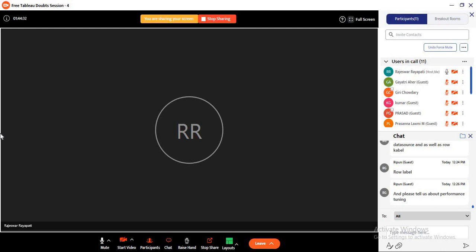And if you are using refresh, if possible use incremental refresh, because the refresh time will be less too. Like this, there are many things. Don't use many filters, only the filters that are required. And if possible, use action filters, filtering through sheets rather than through the database.